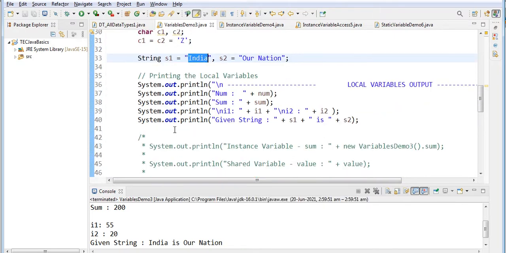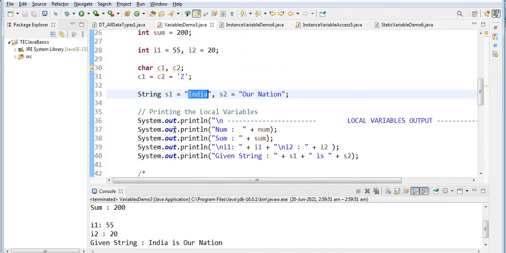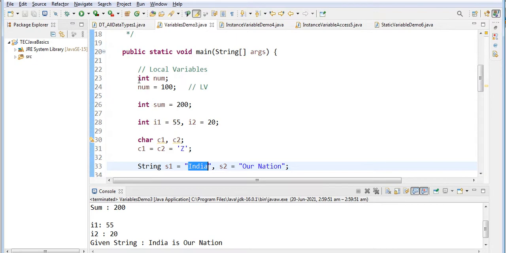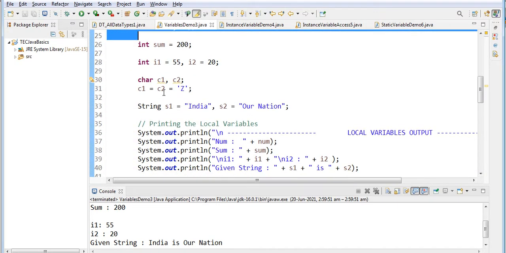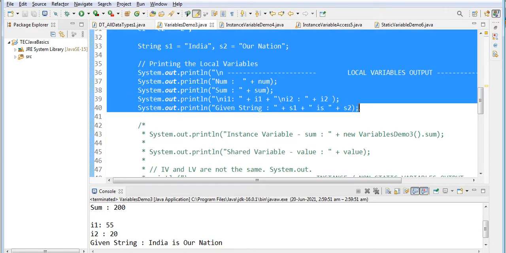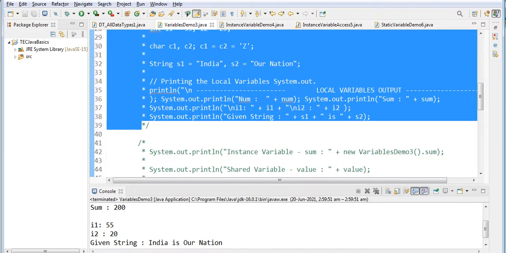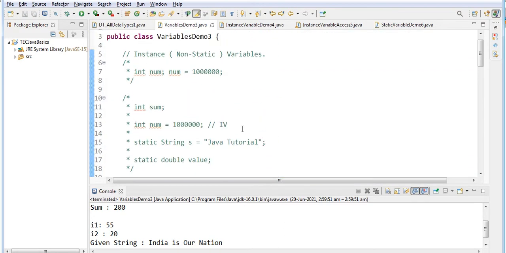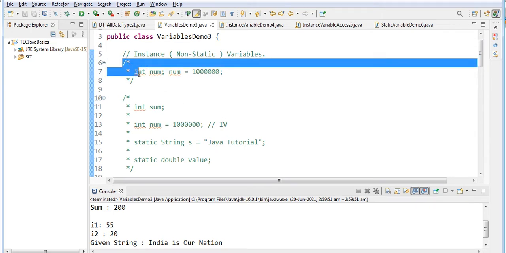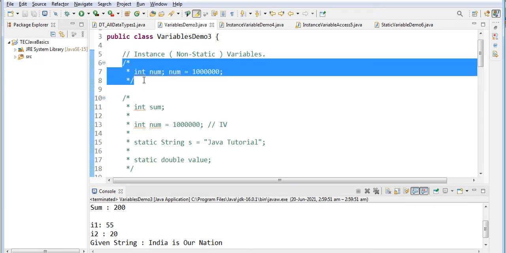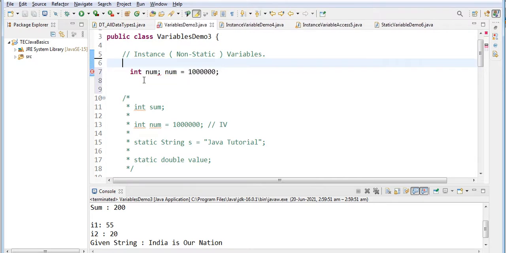Now we will see about the instance variables. See here, this is the instance variable.